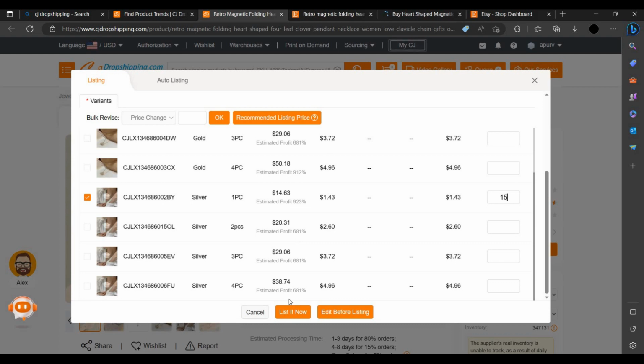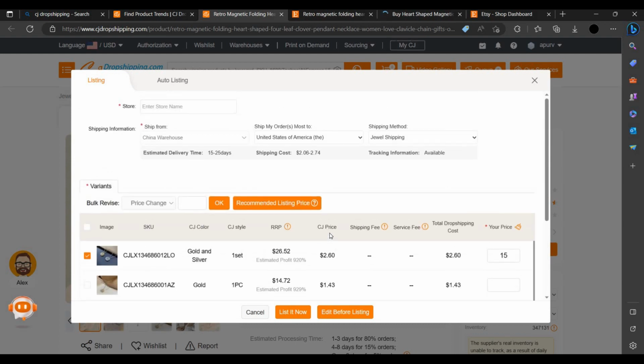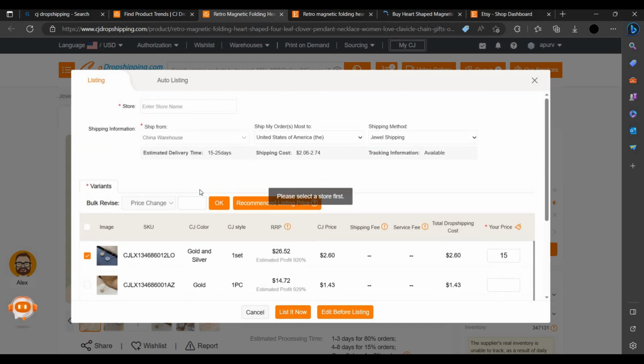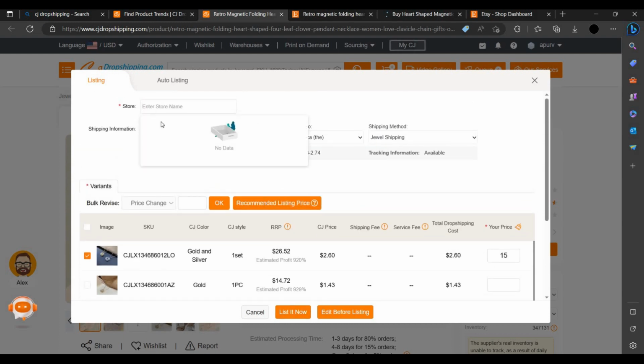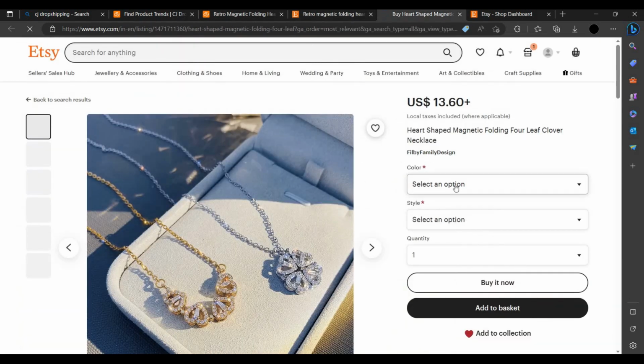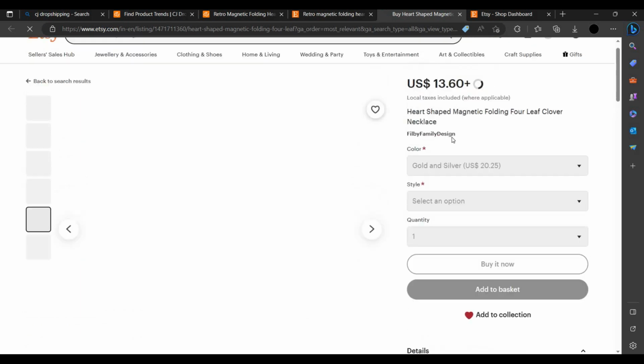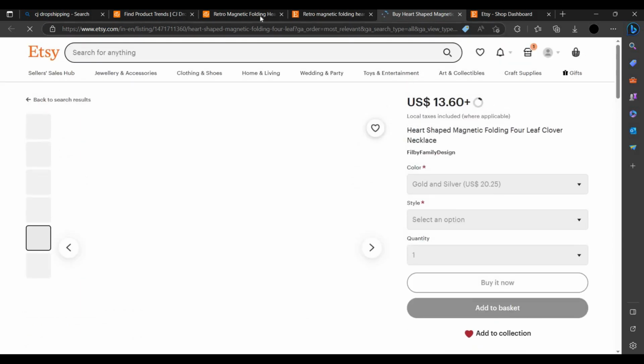After you have set all the prices and all the things, you have to click on this list now button. First you have to select the store. Actually I have not connected my account. My Etsy account is not connected, which is why the store name is not coming. When you have verified your Etsy store, then it will come. You can select these options. The prices will differ by option. The basic price is